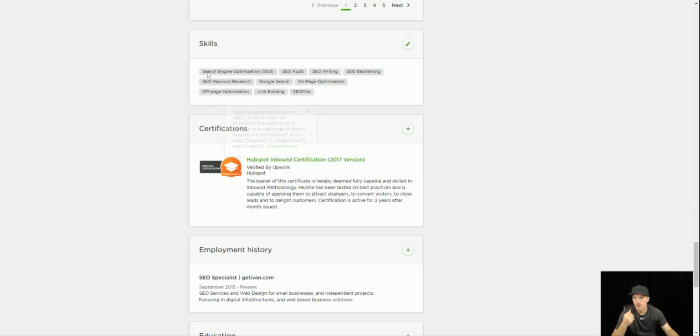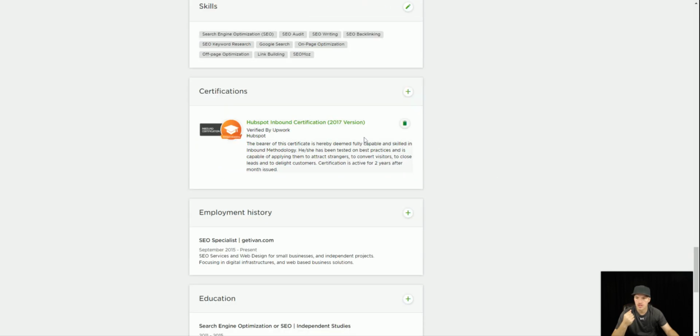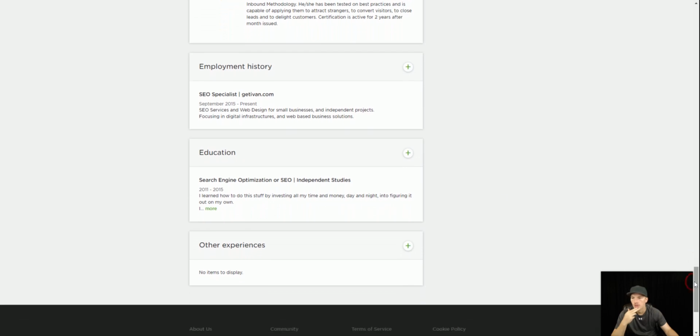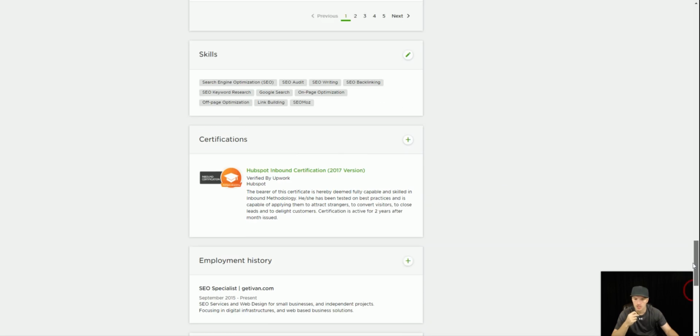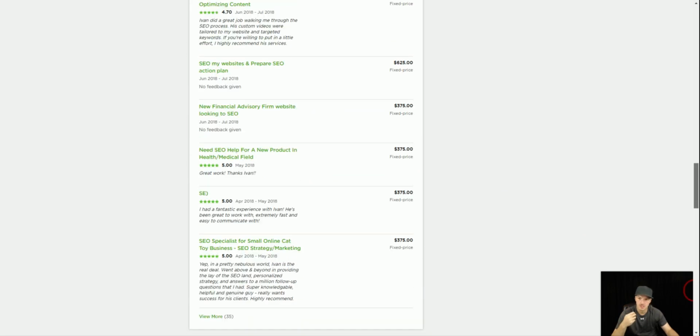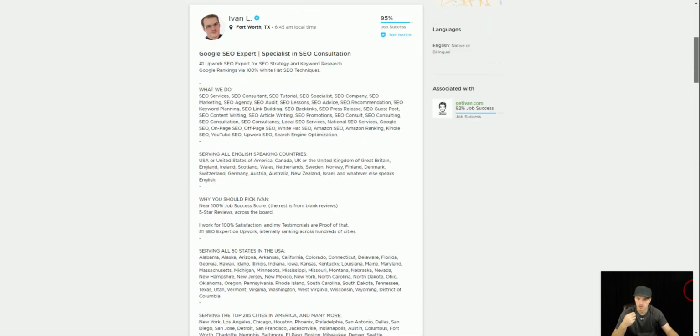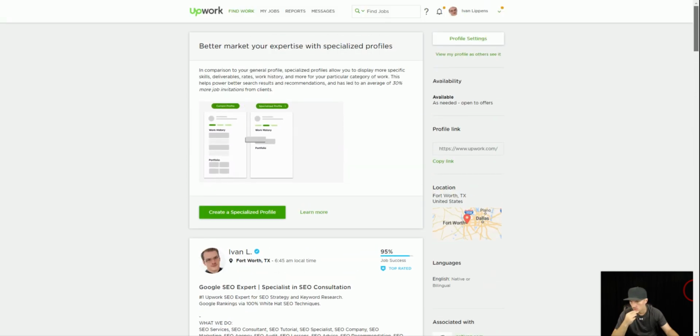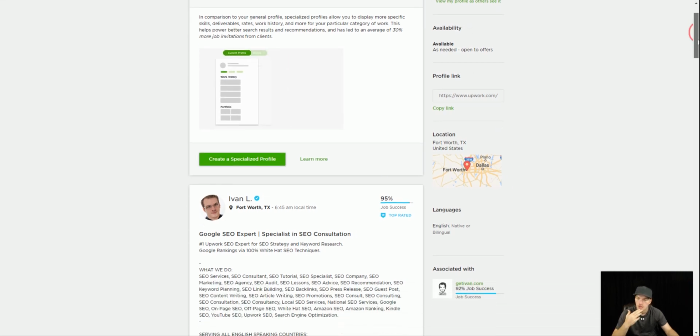Now, there's a bunch of other on-page things: skills, certifications. You can see I did a certification a couple of years ago, employment history, education, and they recently removed the skill tests. So I'm not really sure what they replaced or how they're doing that now. And as you can see, there's profile specialization that I haven't even taken advantage of.